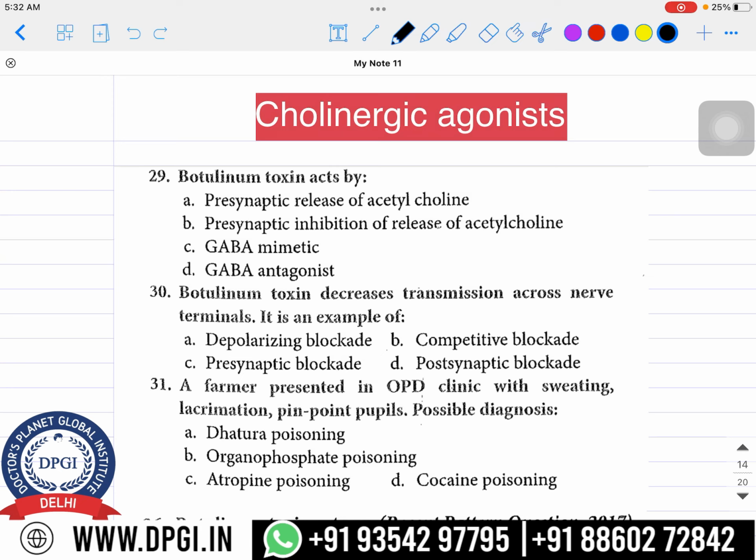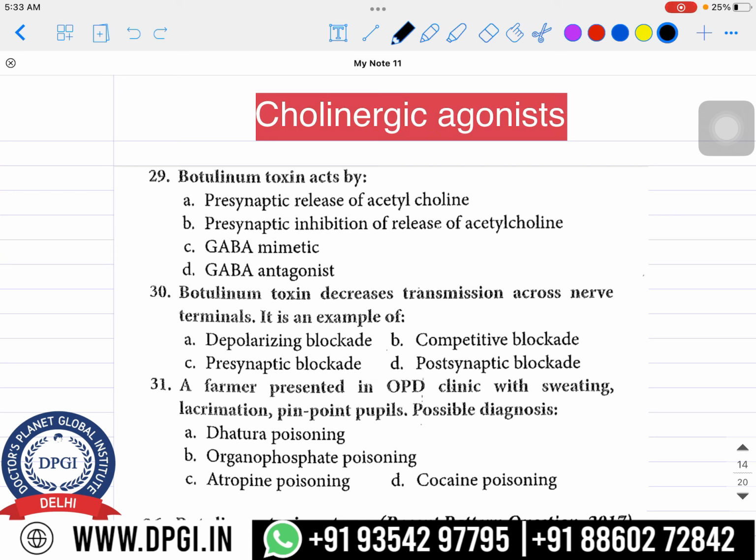Basically we'll be trying to discuss some of the drugs that come in the category of cholinergic agonists. So we are going to talk about the cholinergic system. Firstly we'll build some concepts upon the cholinergic system: how the neurotransmitter works, what neurotransmitters we are going to talk about, and how the action potential works as far as neurons are concerned. I'm sure you must have studied these in physiology as well. Then we'll gradually build upon the drugs, how the cholinergic system works, and what the several drugs in the cholinergic system are.